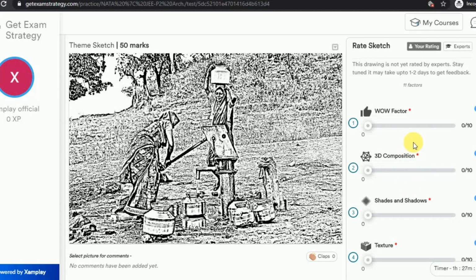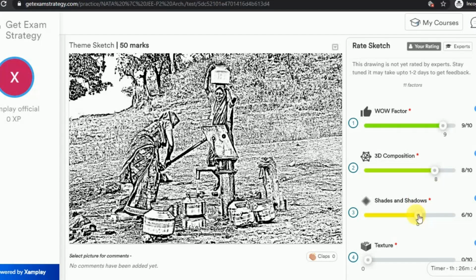So this is a great provision that Get Exam Strategy gives you. You can self-rate your work, and it is part of your learning. When self-rating, you understand against these parameters how you are rating yourself.